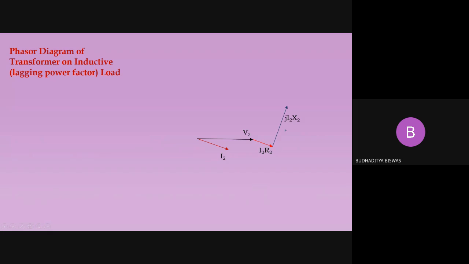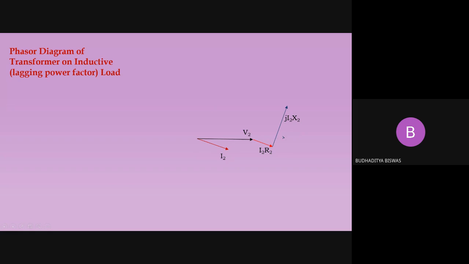And coming to the inductive reactive part, the reactance of the secondary winding is X2. So the voltage drop is j into I2 X2, because you see the j term should be there. This is the inductive voltage, and it leads the current by an angle of 90 degrees. That's why this line and that line create an angle of 90 degrees, and the voltage drop across the inductor leads the current by 90 degrees. So that's why they should draw it like this. Now I just shift the axis from this point to that point.